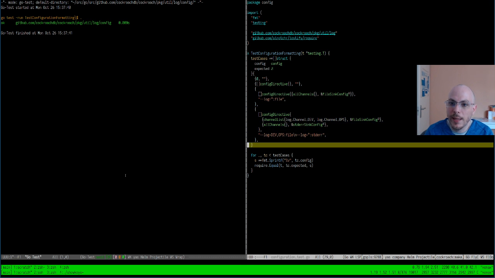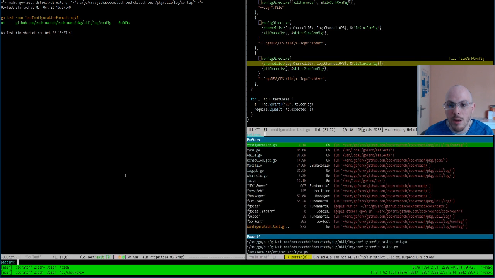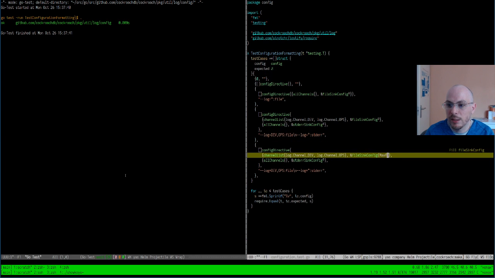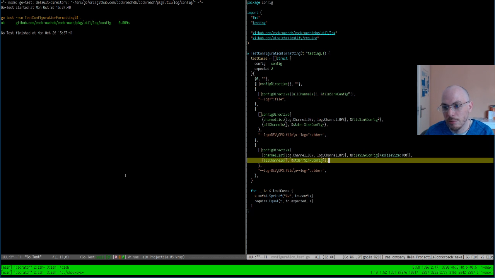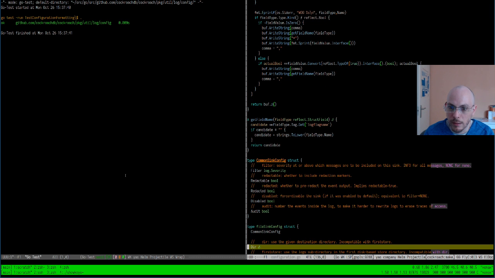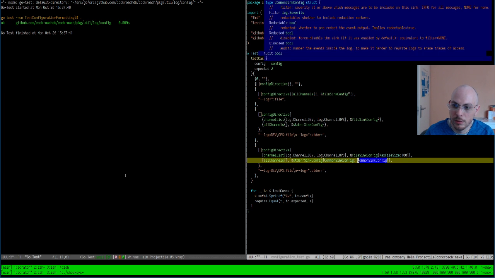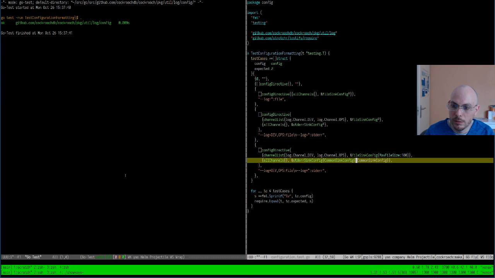And now we're going to play by having some file sync config with a non-standard value. So I'm going to say max file size is 100. And then I'm going to say this sync config is redacted. Redacted true.